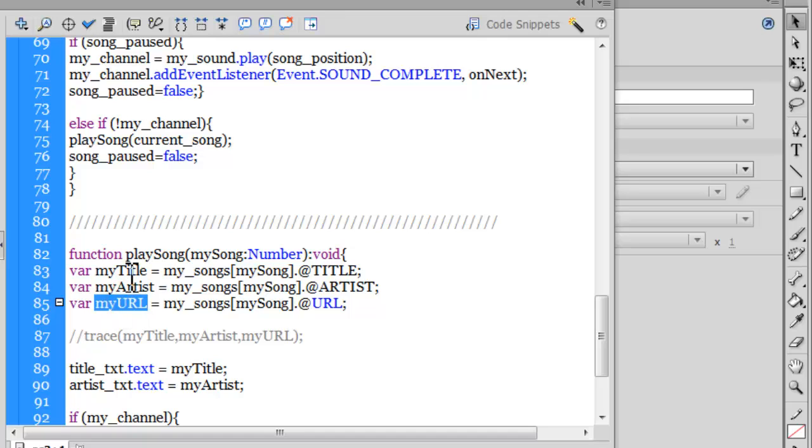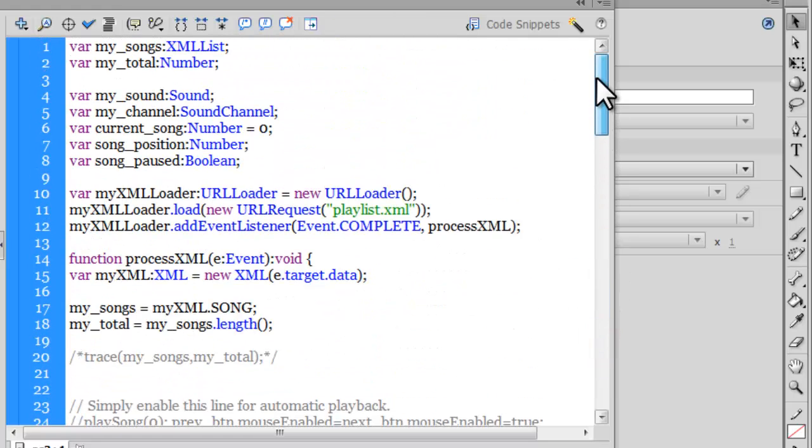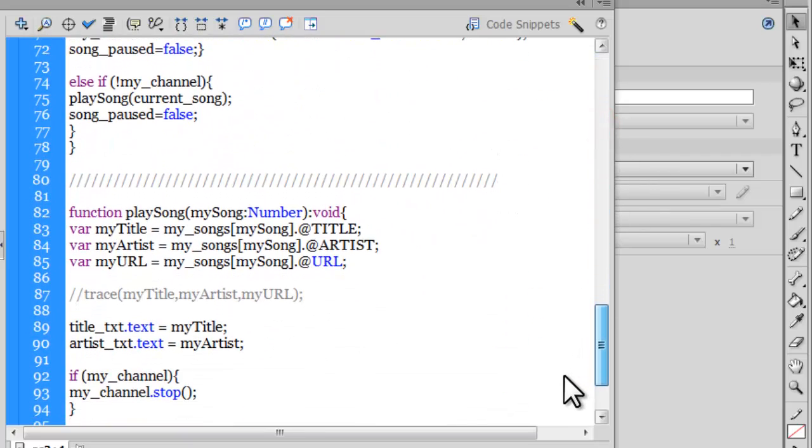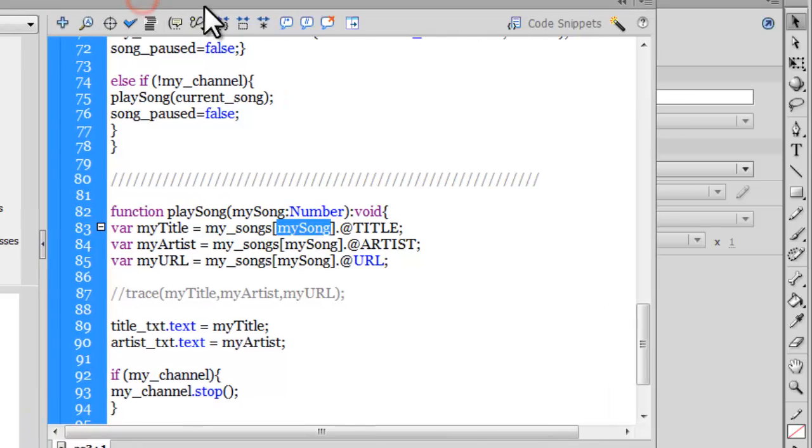Now what they do is they go to the XML file, and if you remember, my song is initially 0. So what they do is my underscore songs, now let me show you what my songs is, the XML list of all the songs, and at index number 0, people, this is, you see,